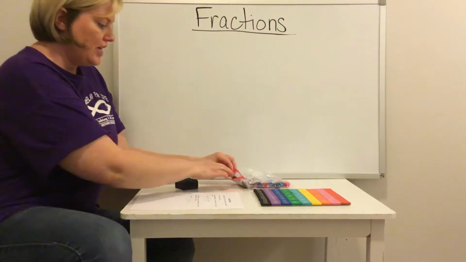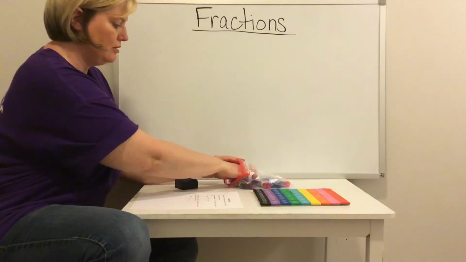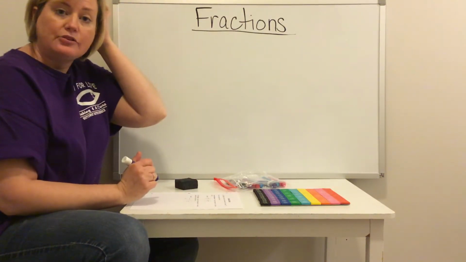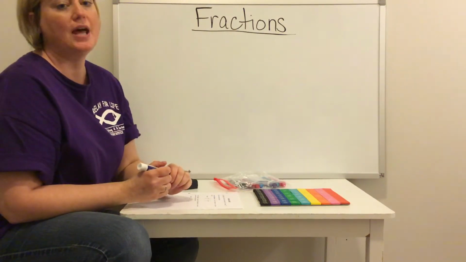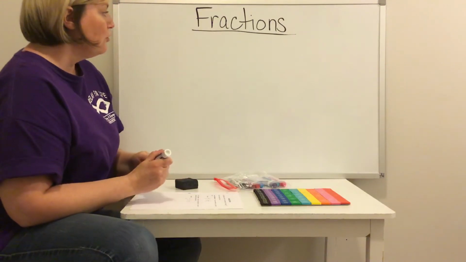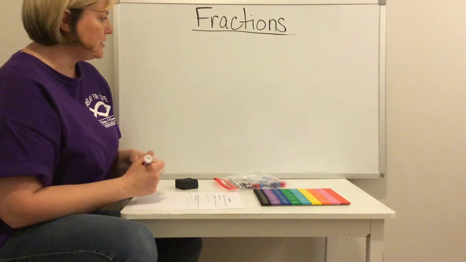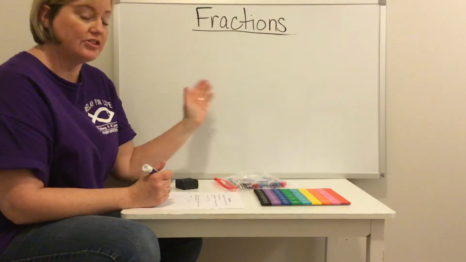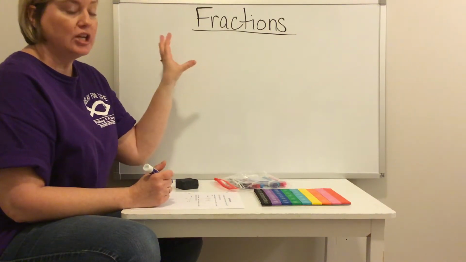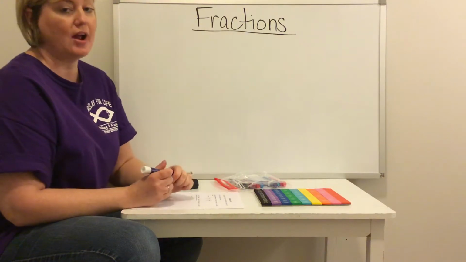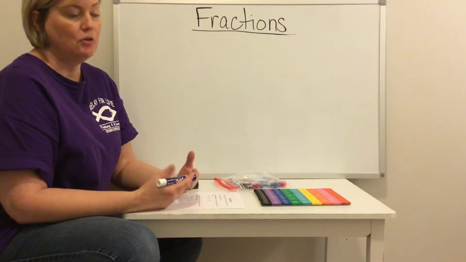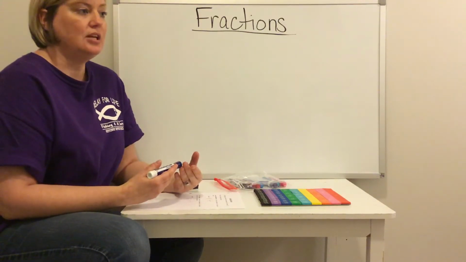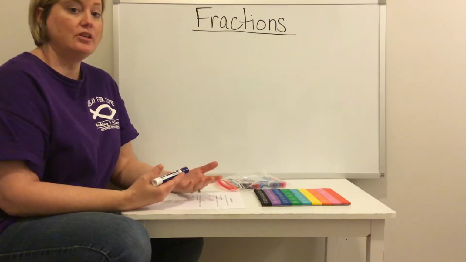You all just looked at a video on looking at fractions on a number line and how to fill in fractions on a number line. And what I want to show you now is how to take two fractions with the same denominator, looking at a picture of each fraction and comparing them. Remember that when we compare two numbers, we're seeing if one of them is greater than, less than, or equal